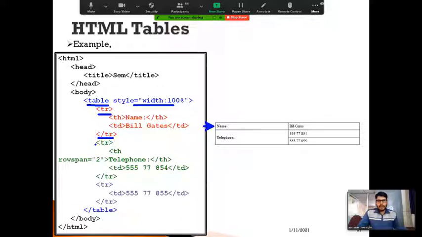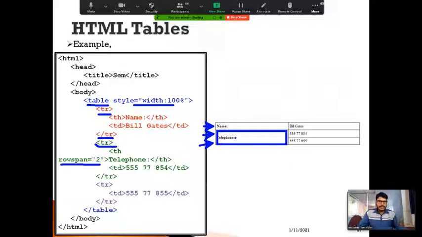And also you can observe here, this is the second tr tag, and this is the third tr. But this cell has been merged because I'm going to use rowspan 2 here. So that's why it will merge these two rows, and it will create a single content in this particular position. So that's why it has created only one table heading for the second row.